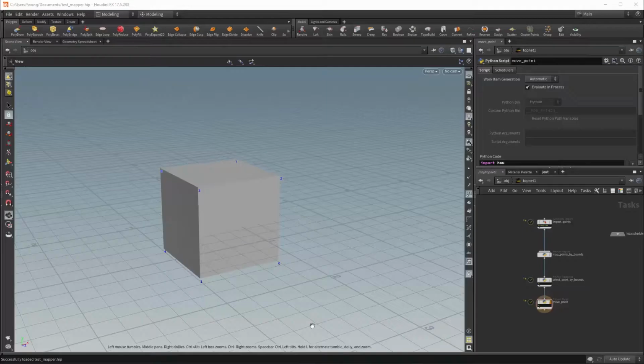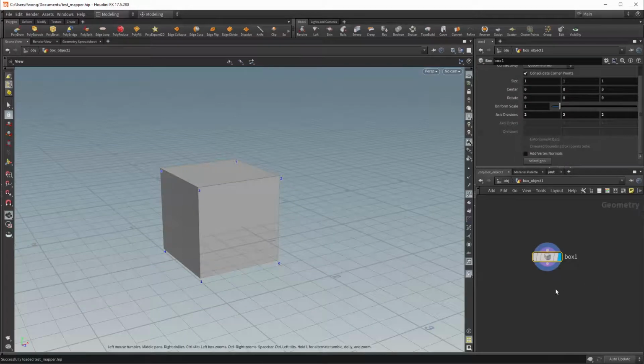Okay, so the sample might still feel a little bit contrived in the sense that we hard-coded the selection operation right here in this processor. So what I've got in front of me is almost the same file, but slightly different in that I've added something to mock up something a little more realistic. You'll notice on this box I have this button called Select Geo. What this does is utilize some of the APIs we have to allow the injection of